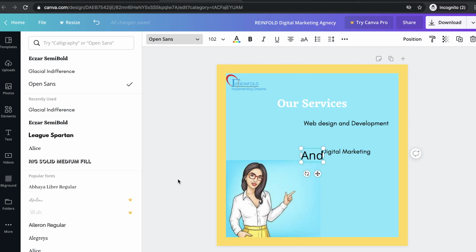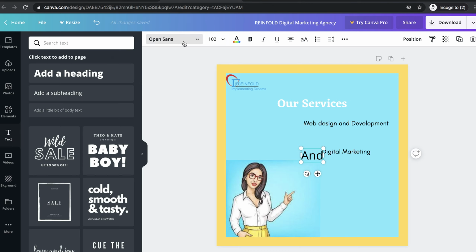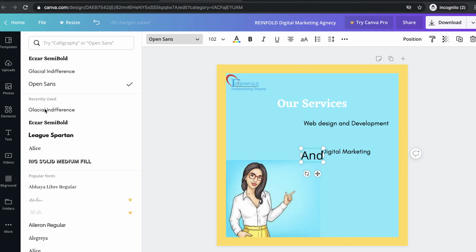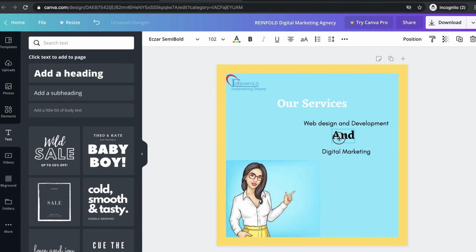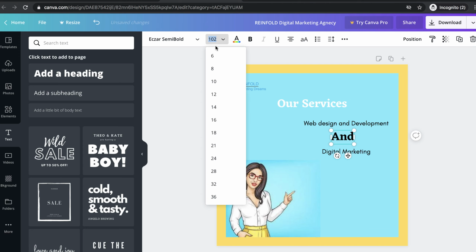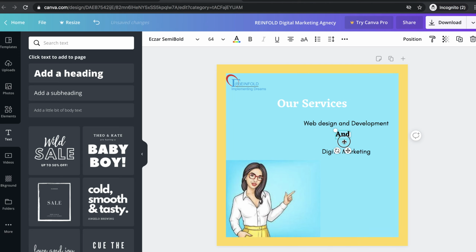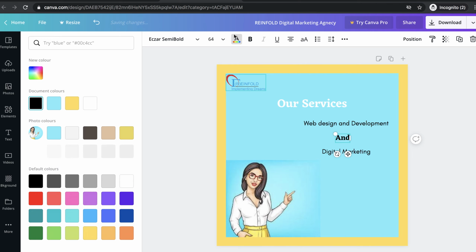I'm just simply showing you how to make use of all the elements available on the Canva tool. You can change the text color from here.